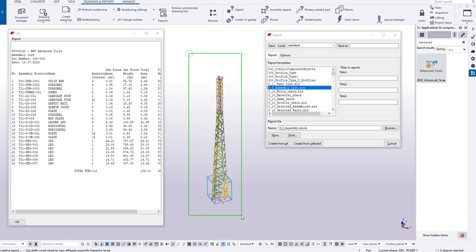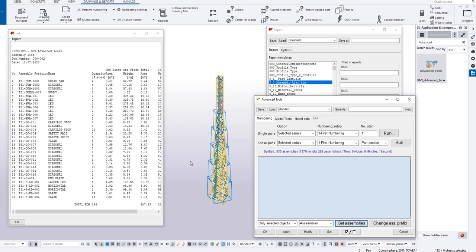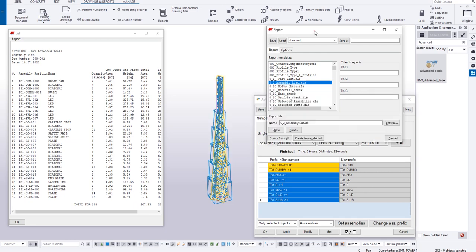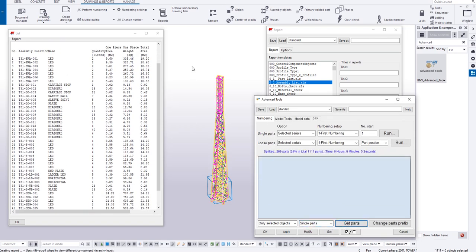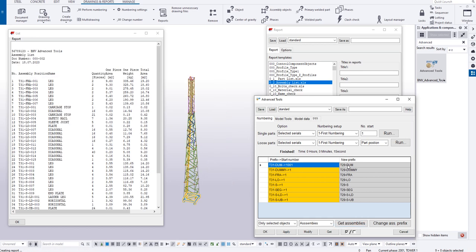If we want to work at a lower level, we shift down and make the assembly at the sub-assembly level, similar for other levels. Now we get the assembly from the tool, and that's how we get all the levels: frame level, segment level and single level, and that's easy for you. You can make all the assemblies one time, select all the assemblies from the tower, and that makes all the levels for you. We get the single bar from this tower, and that's all tower 29 while the assembly is still 31, and now we change our assembly prefix to tower 29 and keep all the assembly positions.